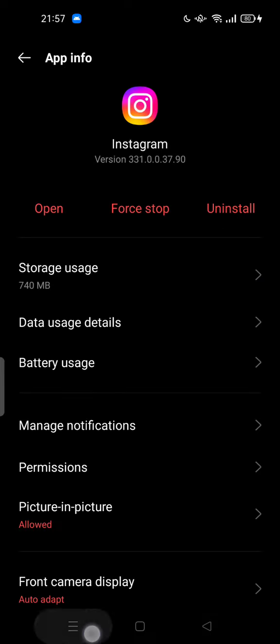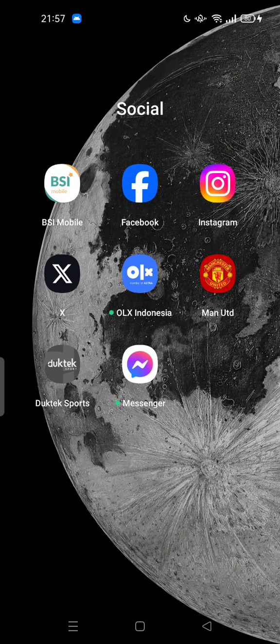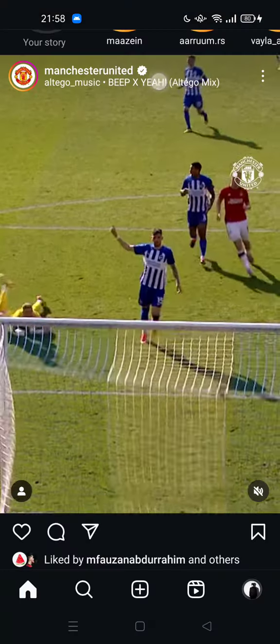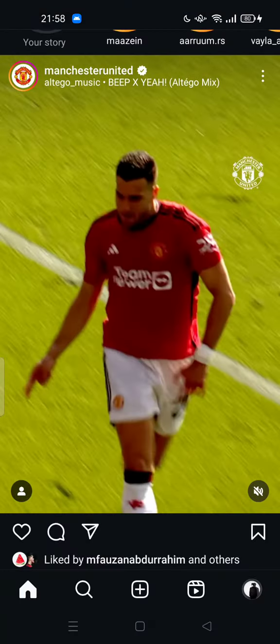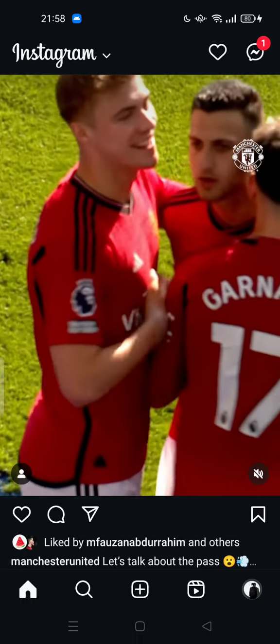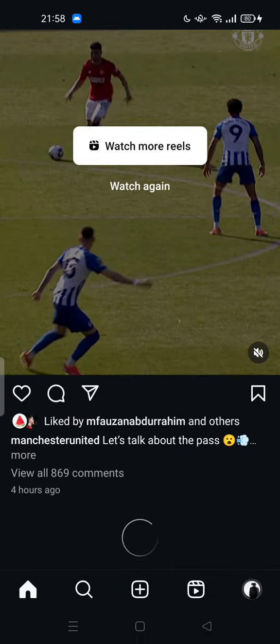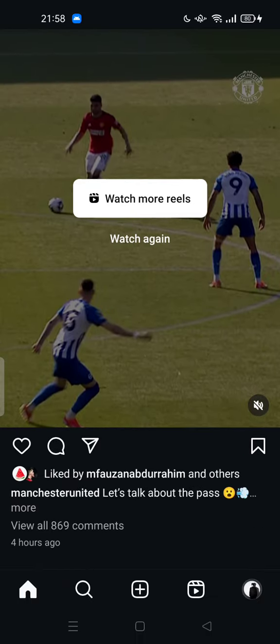And let's get back and try to open your Instagram here. But if your Instagram is okay, there is no problem, so there is no need to continue the troubleshooting anymore. This is done. But if you still have a problem,